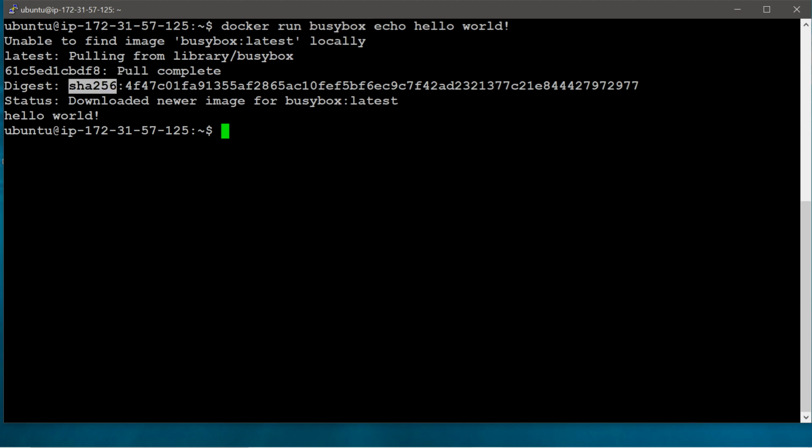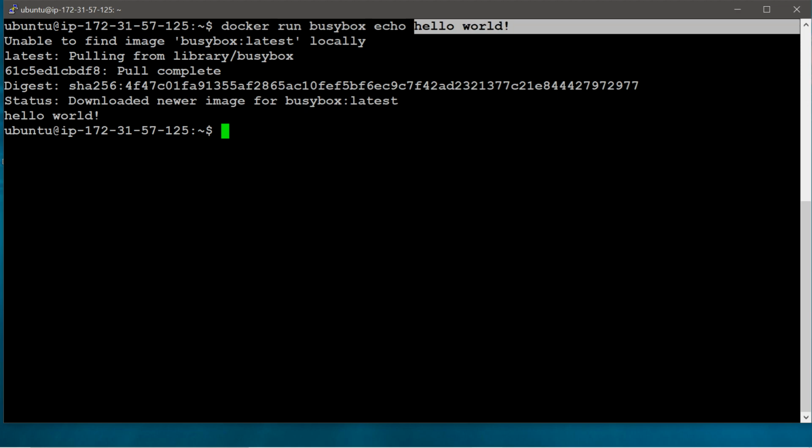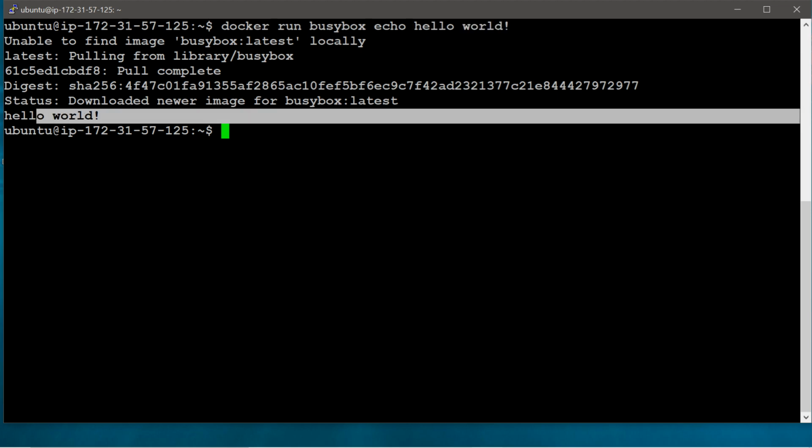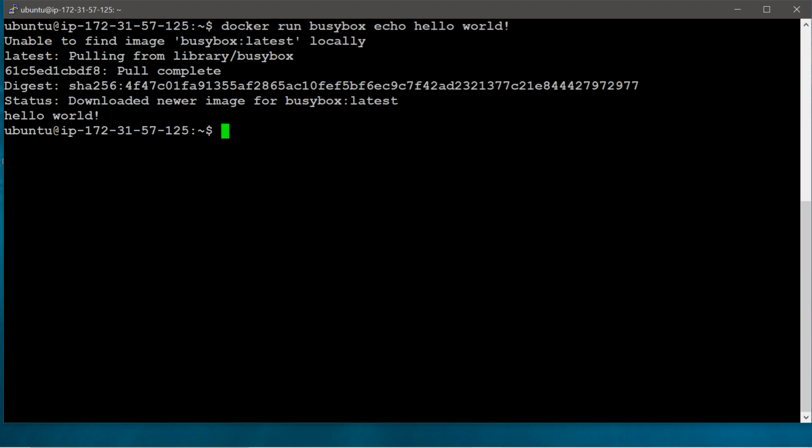It downloaded a newer image of busybox. I did not provide any tag here, so it is using the latest tag. Then this container runs, and the argument is displayed on the screen. We can see this command is successfully executed.